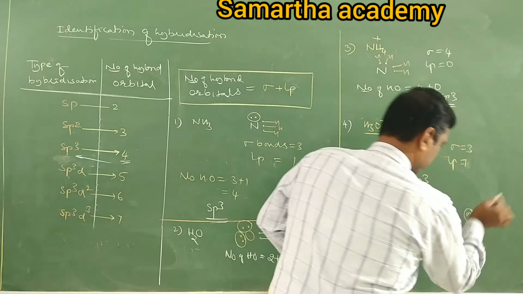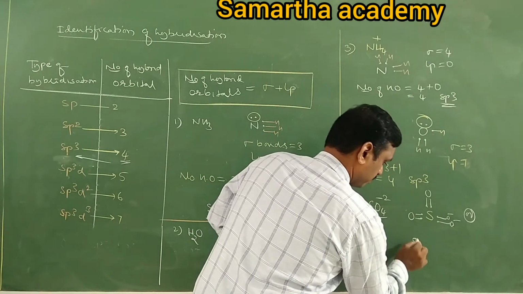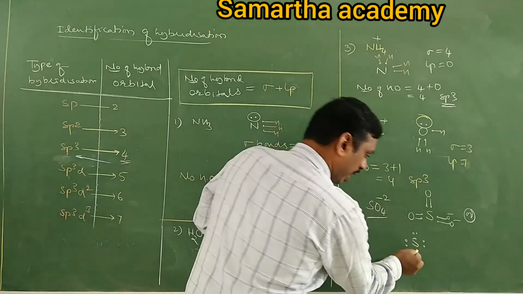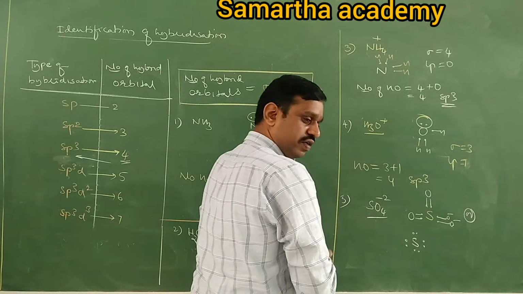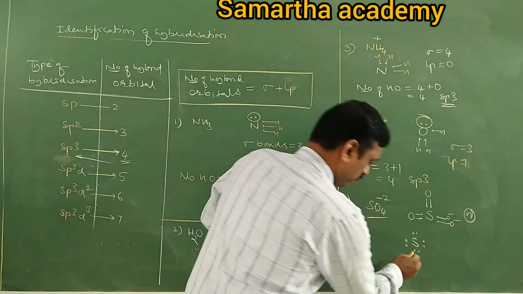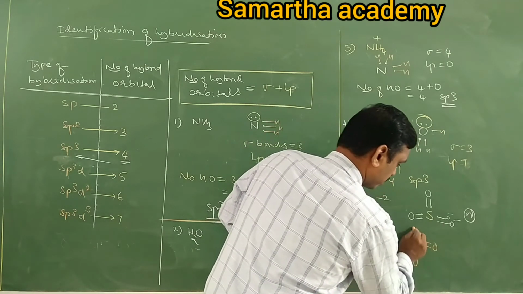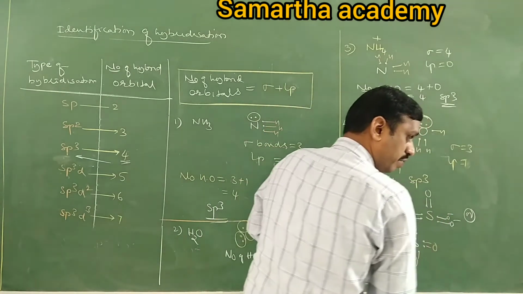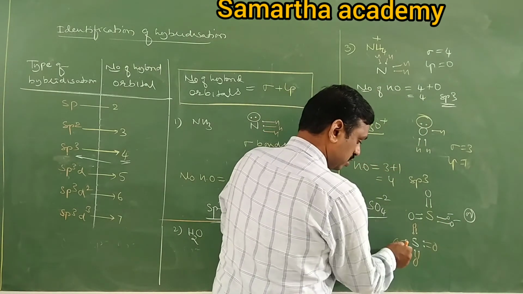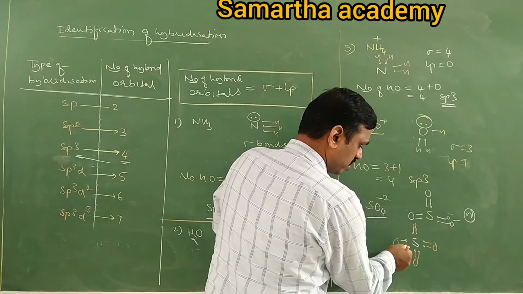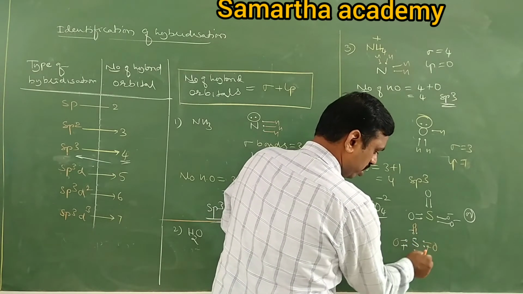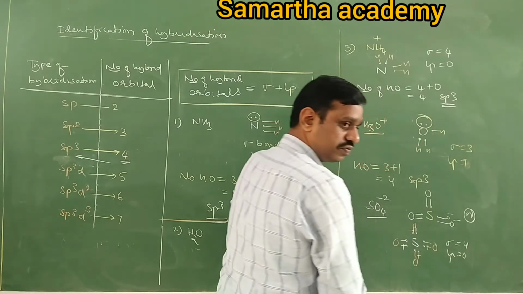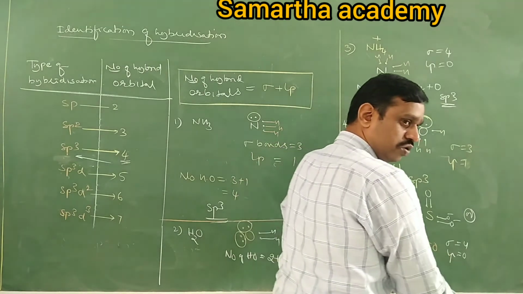Or you can also write like this. Take sulfur, it has 6 valence electrons, right? Minus 2 is there, no? Add 2 more electrons, it becomes 8. Next there are how many oxygens? 4. We know that oxygen is bivalent. Okay. Then calculate the number of sigma bonds. In a double bond there is only one sigma, no? 1, 2, 3, 4. Sigma equal to 4. Lone pair equal to 0. So 4 plus 0, 4.